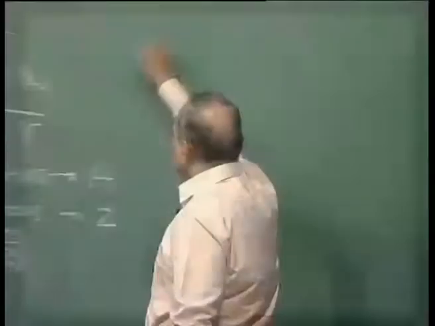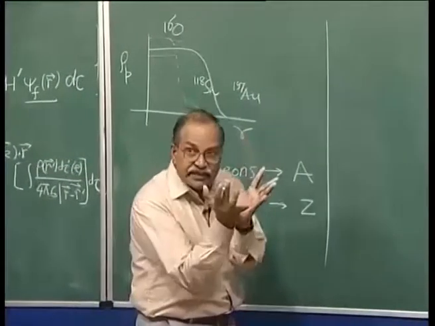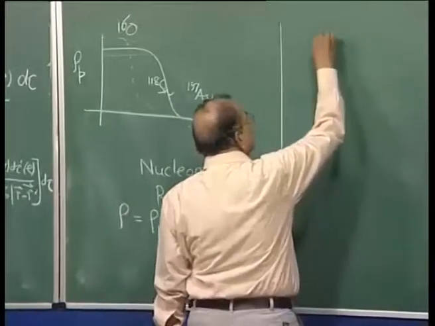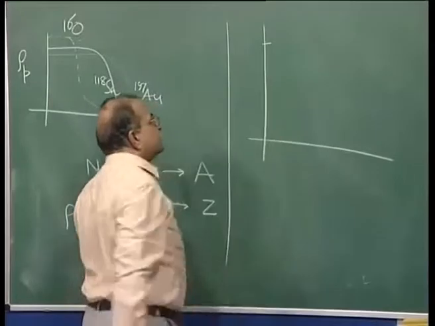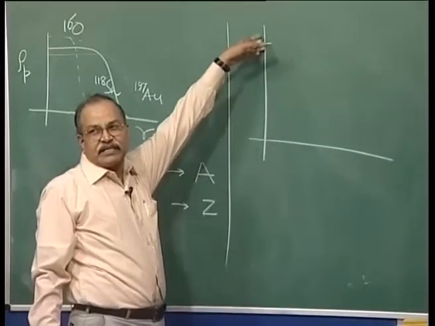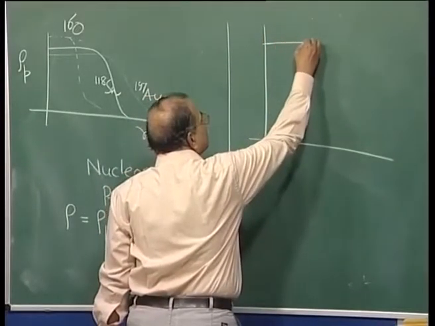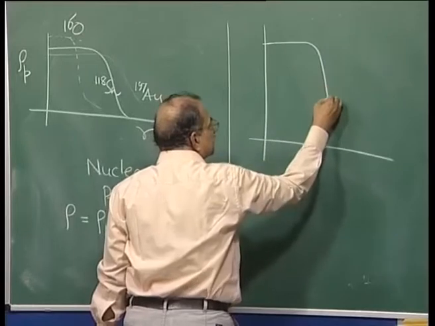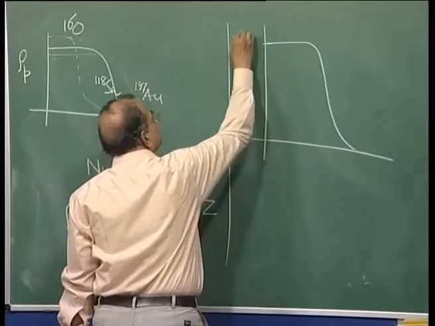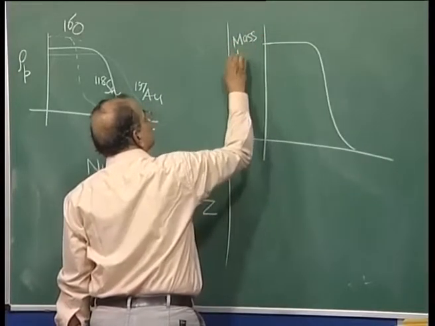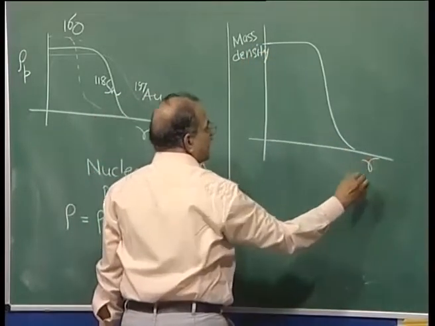Okay. So, when you do this and you write how mass is distributed in this nucleus, you find that independent of which nucleus you are talking about, this is almost the same, a slight difference is there, and then depending on which nucleus you are talking about, it goes straight and then it falls. This is the total mass distribution. Mass density you can say here, and R. What is R? R is